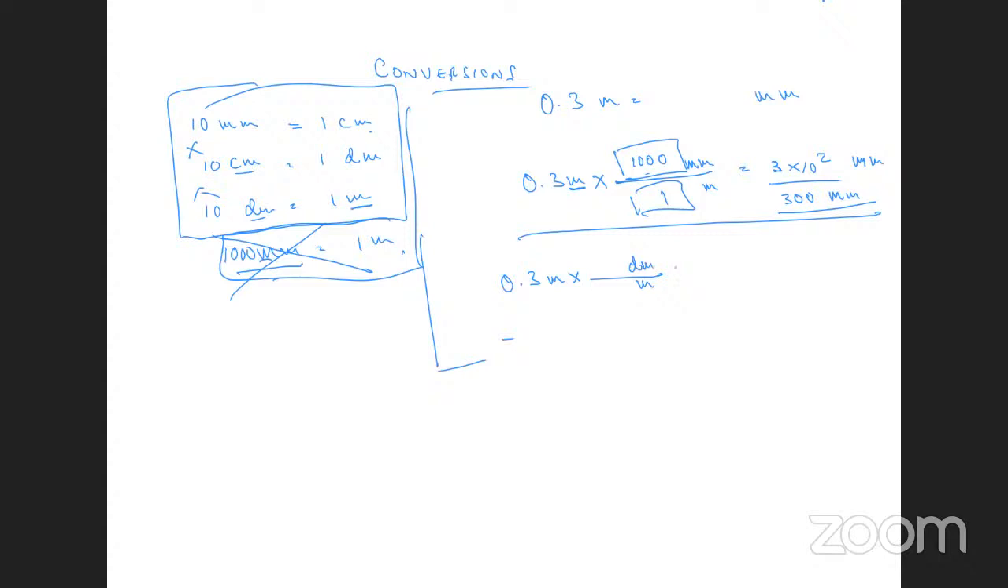Then decimeters, you have to cancel it out and convert it to centimeters. Then you cancel out centimeters and finally arrive at the desired unit, millimeters. Then what you do, you keep on